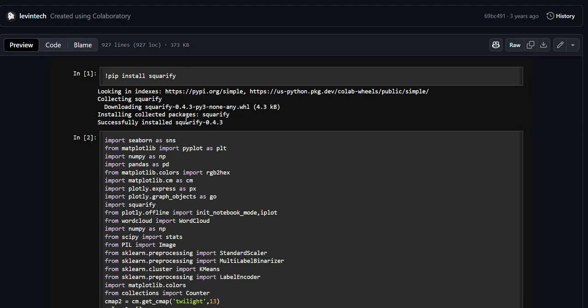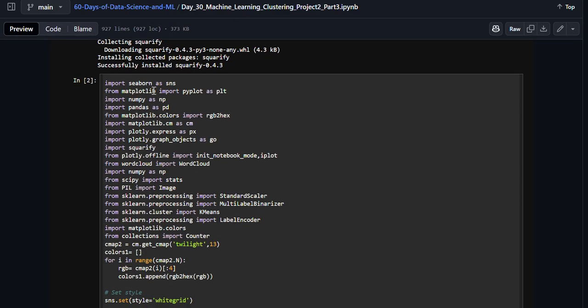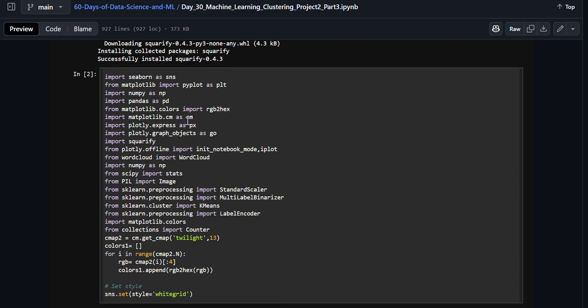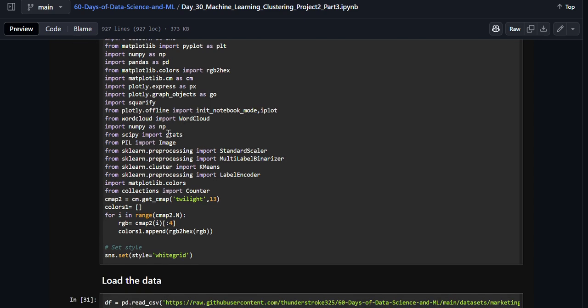Free. And let's just go over what's happening here. There's a library called Squarify. I've actually never seen this one before, but it was collected and installed. And we have Seaborn, PyPlot, NumPy, Pandas, RGB2Hex. You've seen all these: CM, PX, Graph Objects, Squarify, importing, initializing the notebook, a word cloud, SciPy, PIL imports Image,